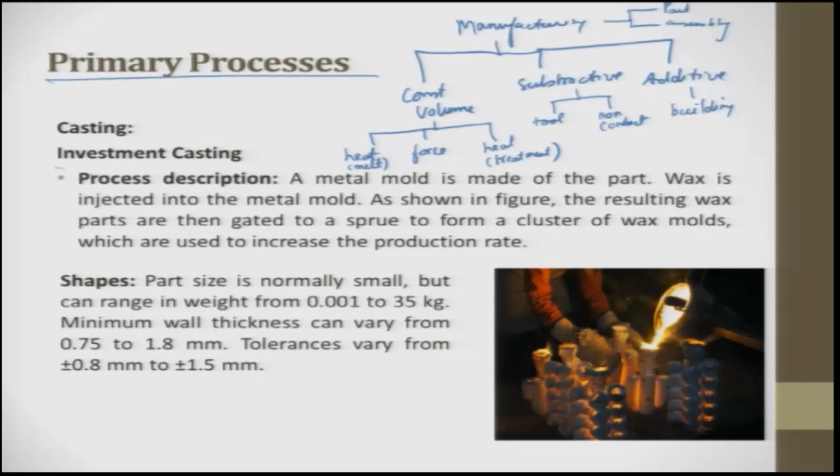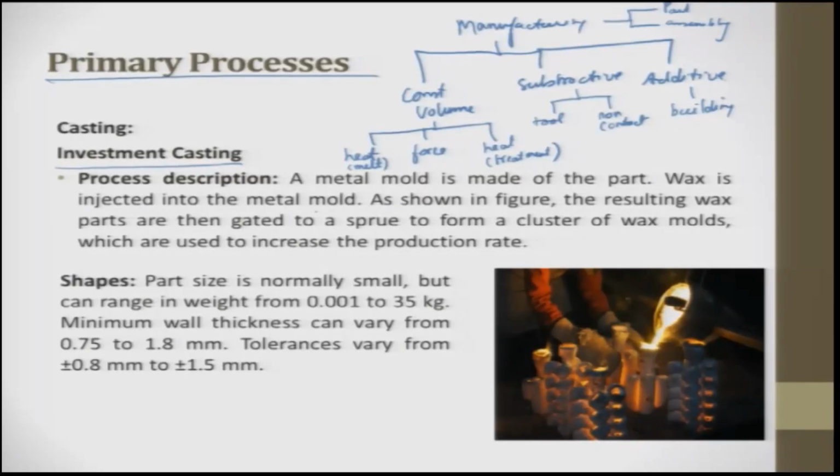So, here we are more focused towards investment casting. Investment casting is very much used for those products which have sharp features that have to be produced. So, we always go for investment casting. Here I have just taken a glimpse of certain processes, but there is a spectrum of processes available. In investment casting, a metal mold is made for a part, and a wax is injected